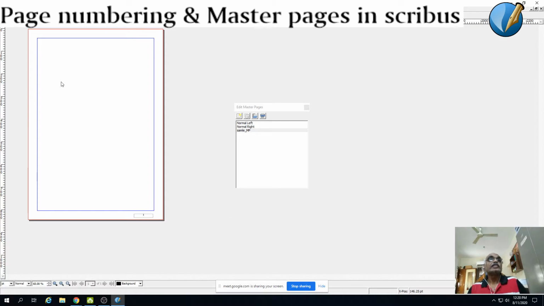So this is the master page, a sample master page which we have created, and we have created a small text box and we have assigned the text box to hold the page number. So now you know how to create a box, and how to create a property for the text box wherein the text box will display the page number. So the first thing we have done.